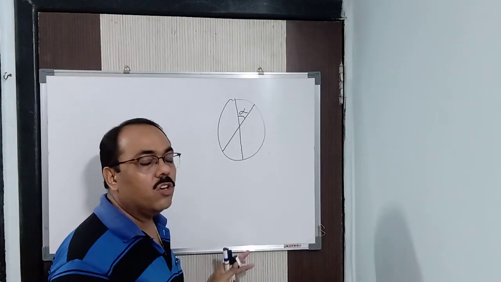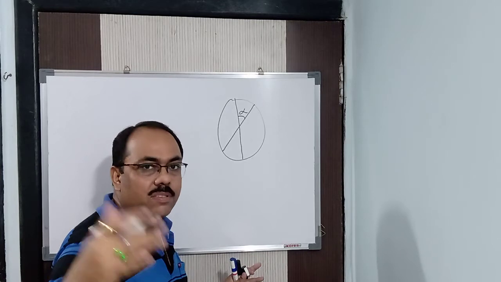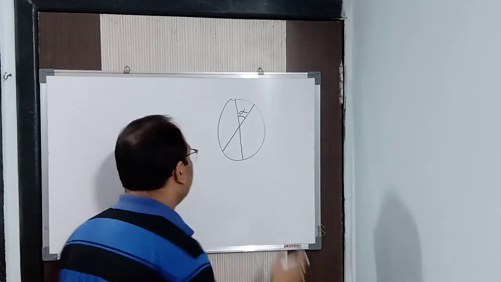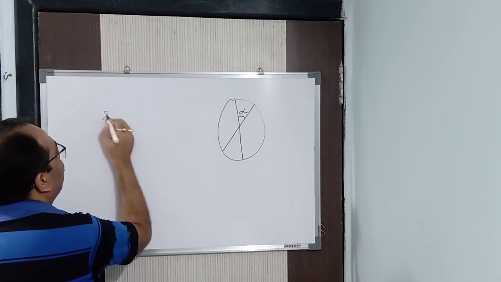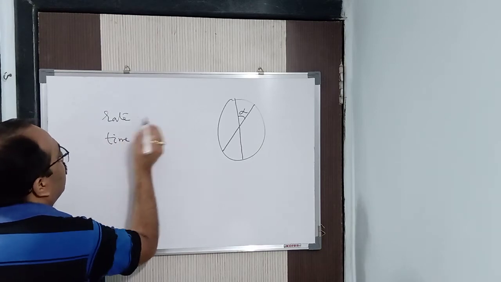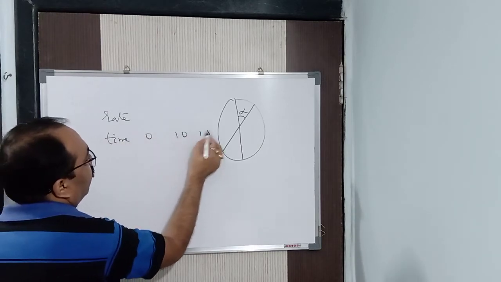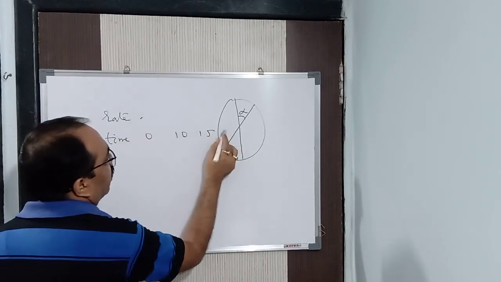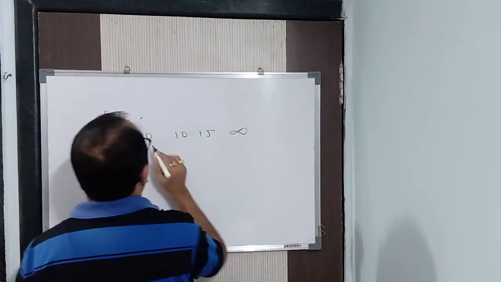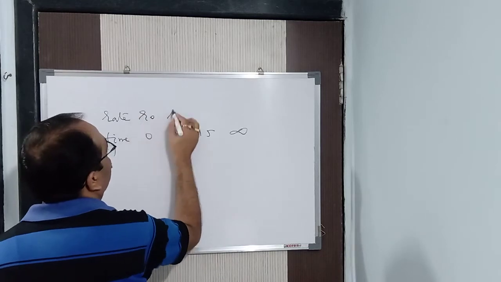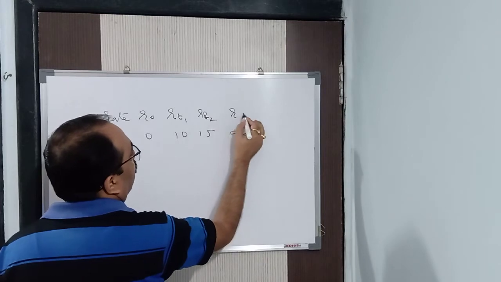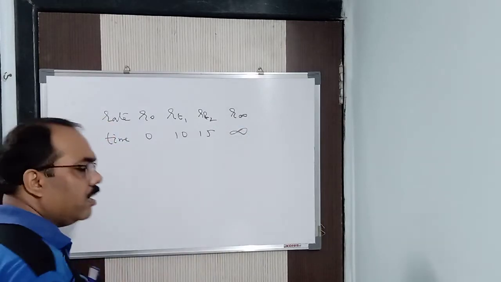Alright. So, here also same thing. At different times, the value is going to change. When the time changes, the value is also going to change. Same thing. So instead of V here, I will be taking rate, and here it is time. So when the time is 0, 10, 15 in this way, so it will be what? So it is infinite. So here R, it will be R0, this is let us say RT1, this is RT2, so it will be R infinity. Alright, rate understood, rate.